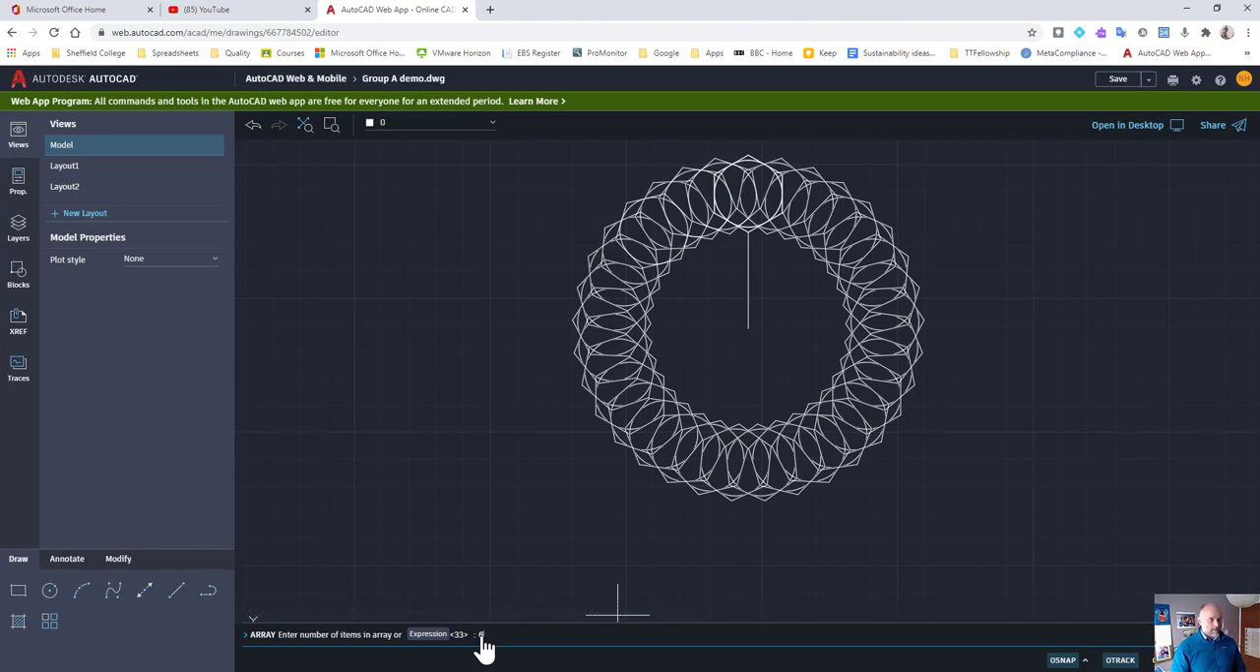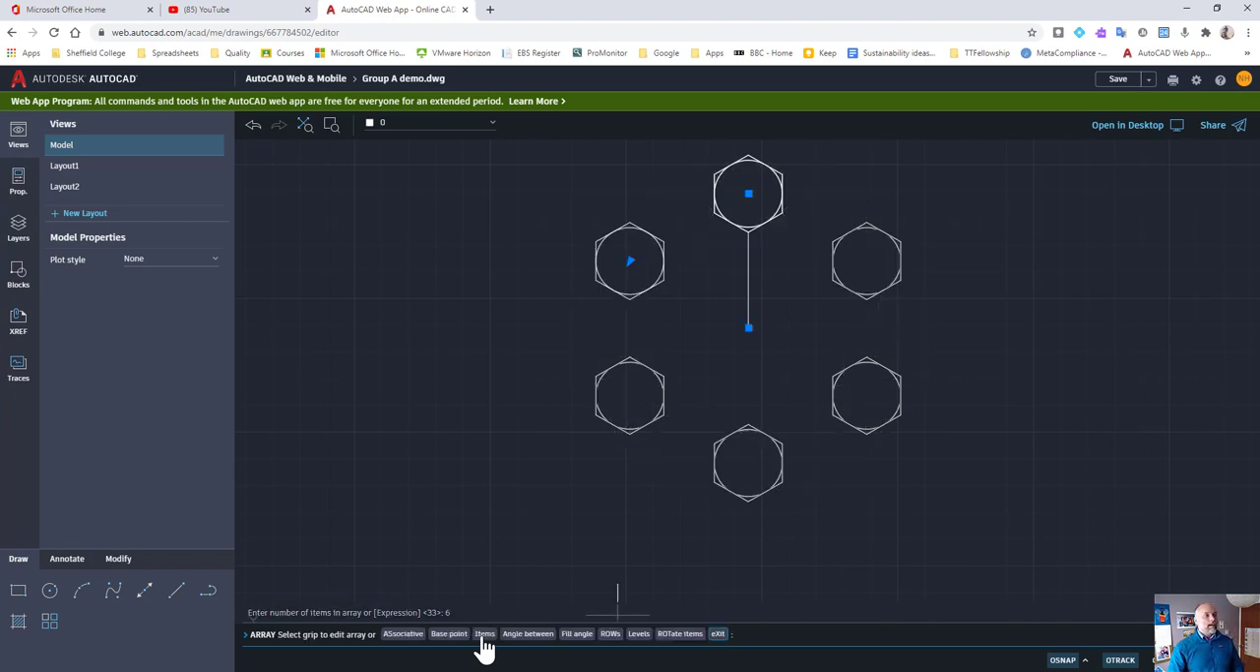So if I go back to 6, and then I can also say rotate the items. So at the moment all the items have been taken but they haven't been rotated. So if I click on rotate the items, it will then allow me to rotate the items. Rotate arrayed items, yes, and enter. Now it's not particularly easy to see because of the hexagon going 6 times. So if I do that again